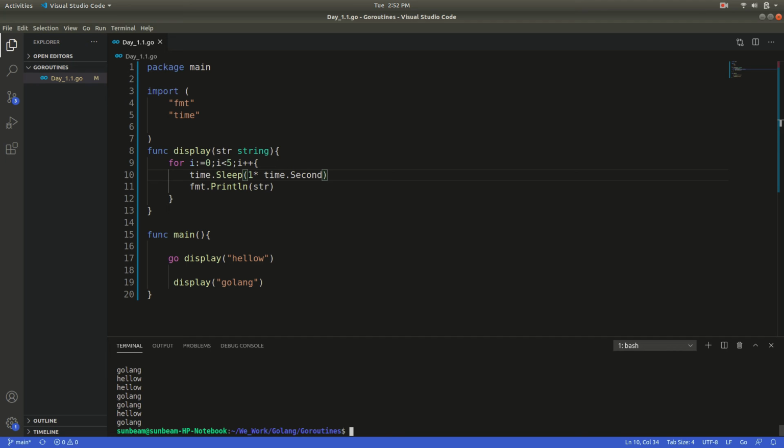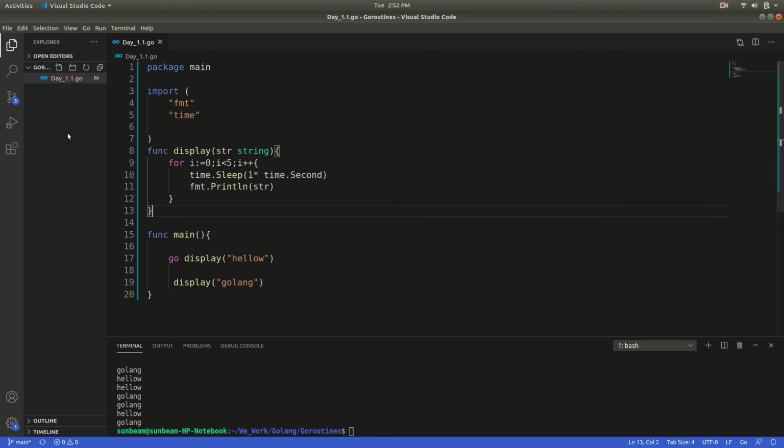So some of the advantages of goroutines are: goroutines are cheaper than threads. And second, goroutines are stored in the stack, and the size of the stack can grow and shrink according to the requirement of the program. But in a thread in Java, the size of the stack is fixed, so it is very great to use Go.